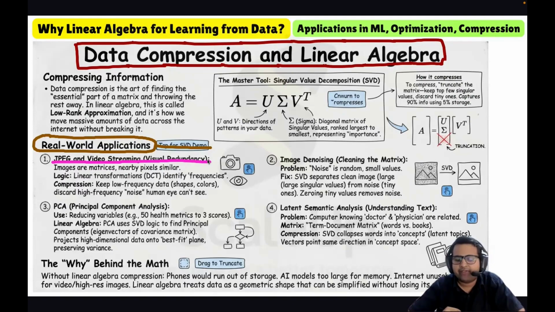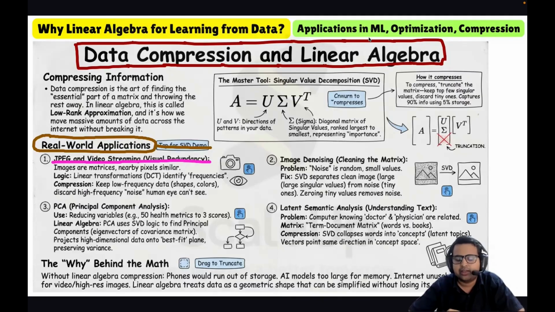Instead of storing every single pixel, we use linear transformations like the discrete cosine transform to identify the frequencies of the image. We keep the low frequency data, that are shapes and colors, and discard the high frequency noise that the human